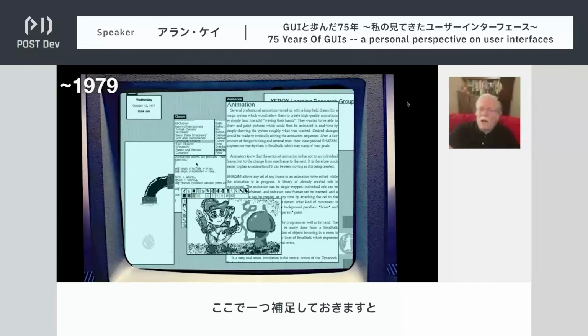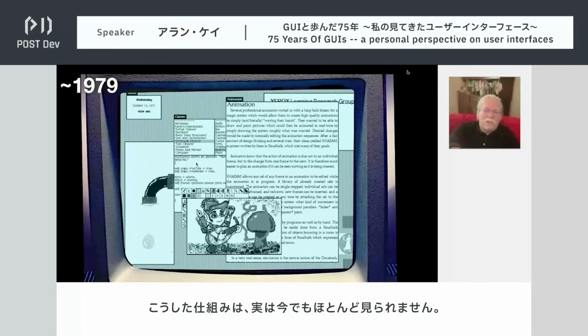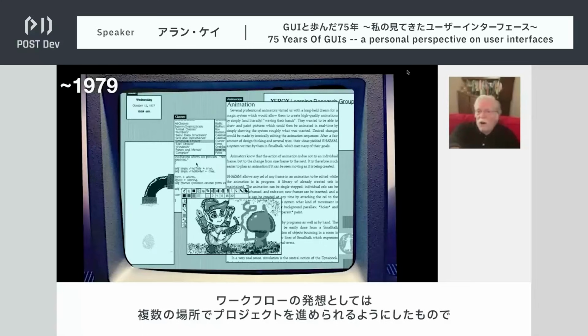And while I'm paused here, I should point out that each of these, what look like desktops, are actually entire environments. This is something that you don't see still today. It's the workflow idea: you want to have multiple places to do projects.